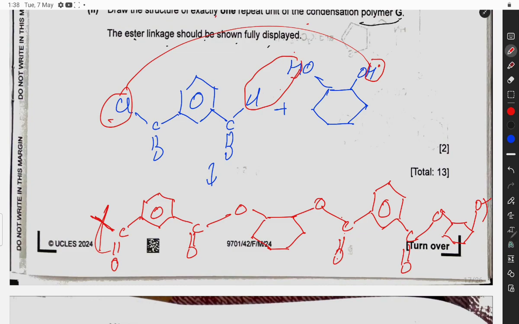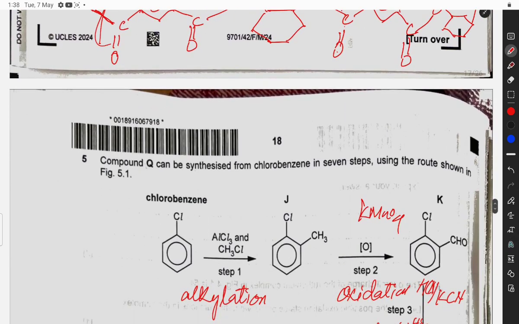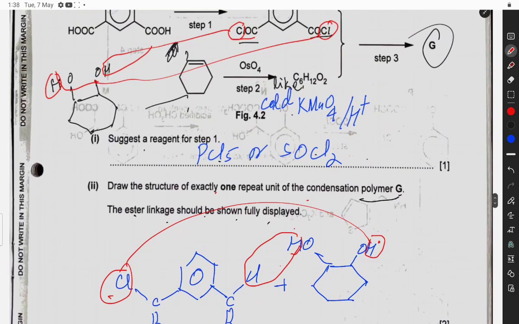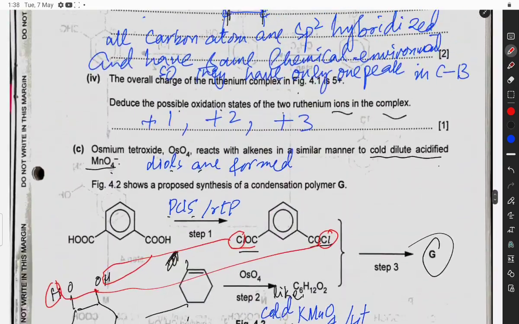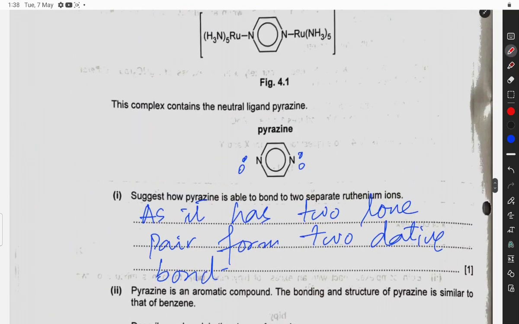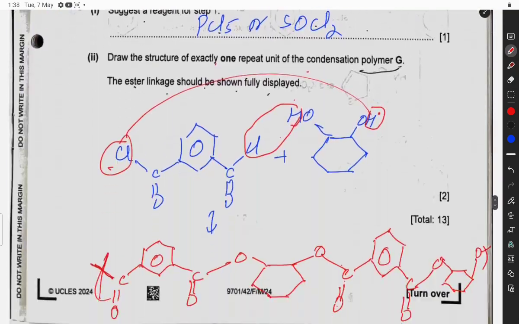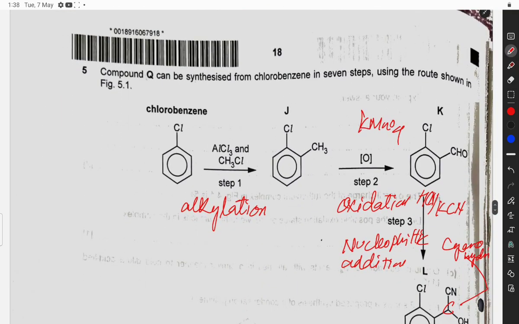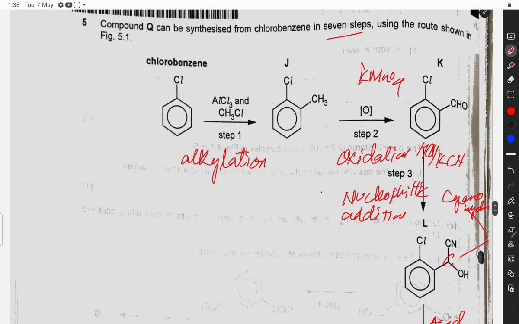This is full 2 repeat units like this. Hopefully you understand this question. Compound Q can be synthesized from the chlorobenzene in 7 steps using the route shown: chlorobenzene, CH3Cl, AlCl3. Say this is electrophilic substitution, and this is also known as alkylation